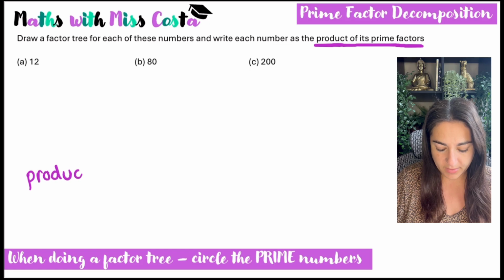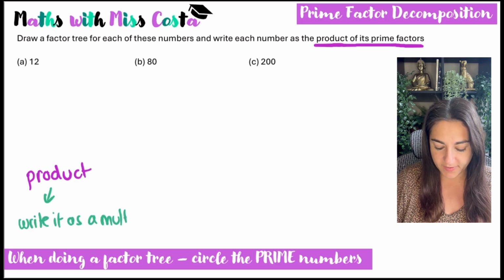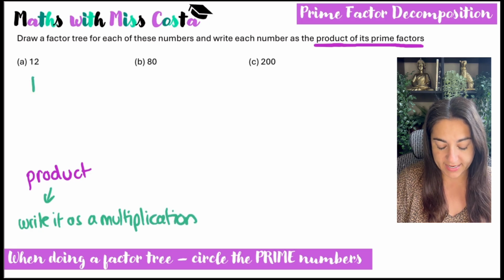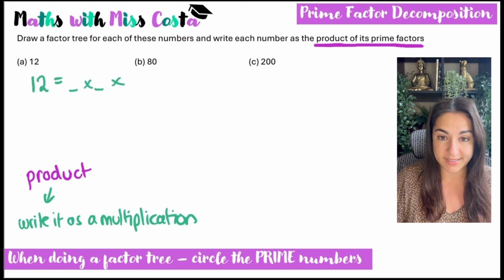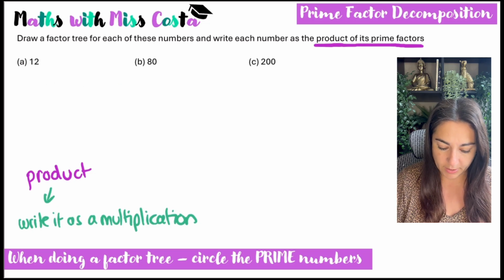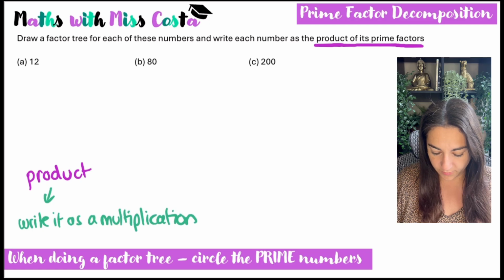Product, that means basically write it as a multiplication. So product means when I'm multiplying things and it's the end result. So essentially I want to write it as 12 equals something times something times something. That's writing something as a product. So 12 is the product and this is the multiplication that makes up 12. So a product of its prime